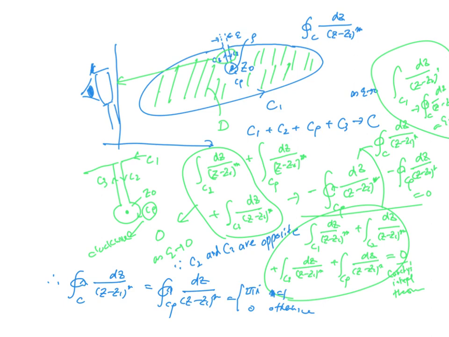The formula, Cauchy's integral formula, actually works not only for a circle, but for an arbitrarily shaped curve. So this result is important because if we represent any function, something like this,